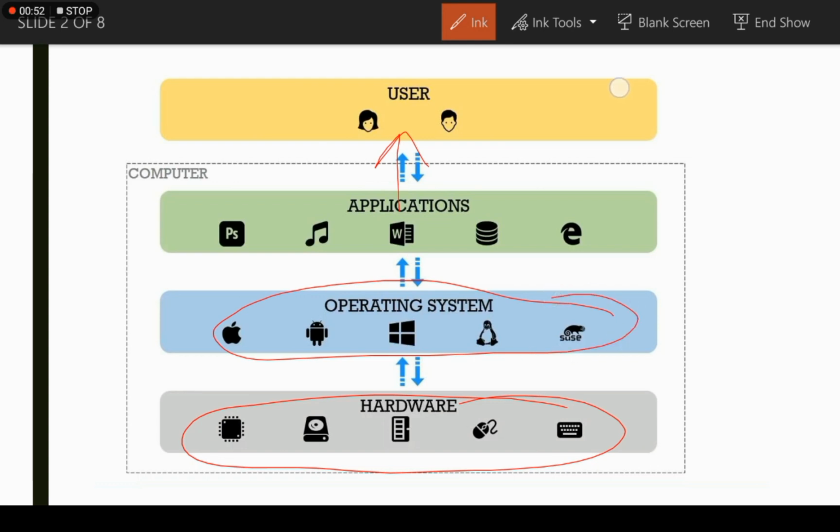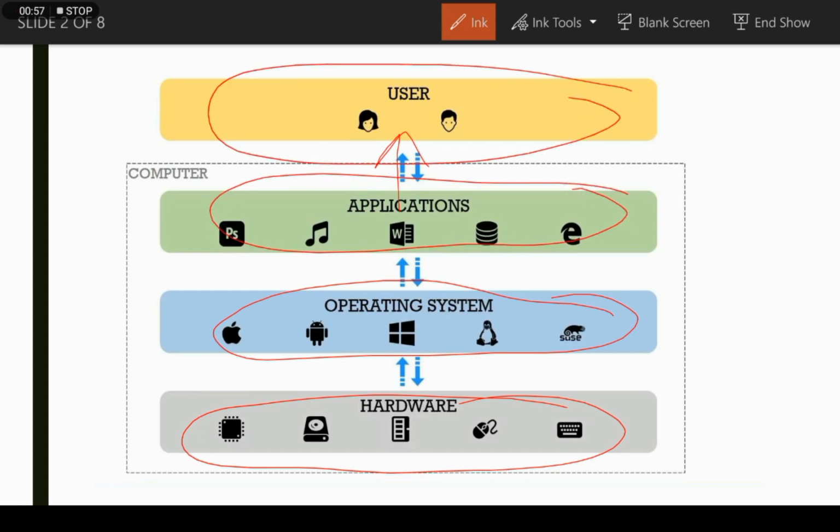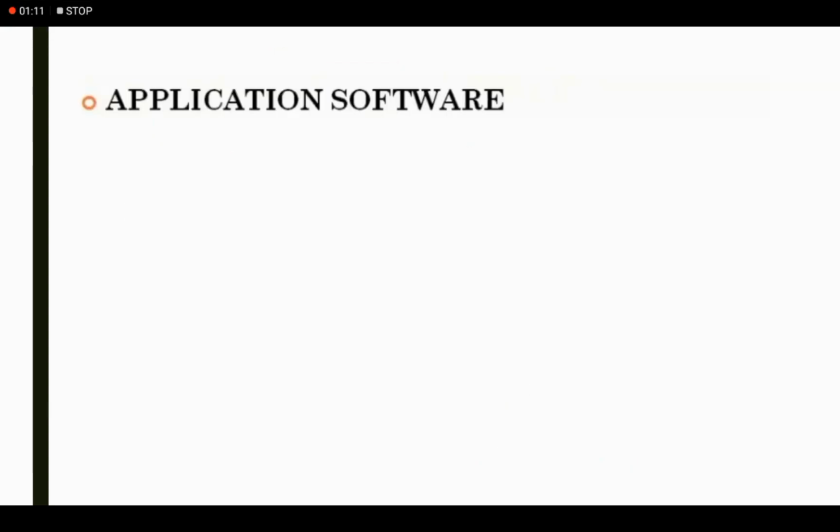So the user directly interacts with the application softwares, while our computer directly interacts with the system softwares. System software works for our computer system and application software works for the user.